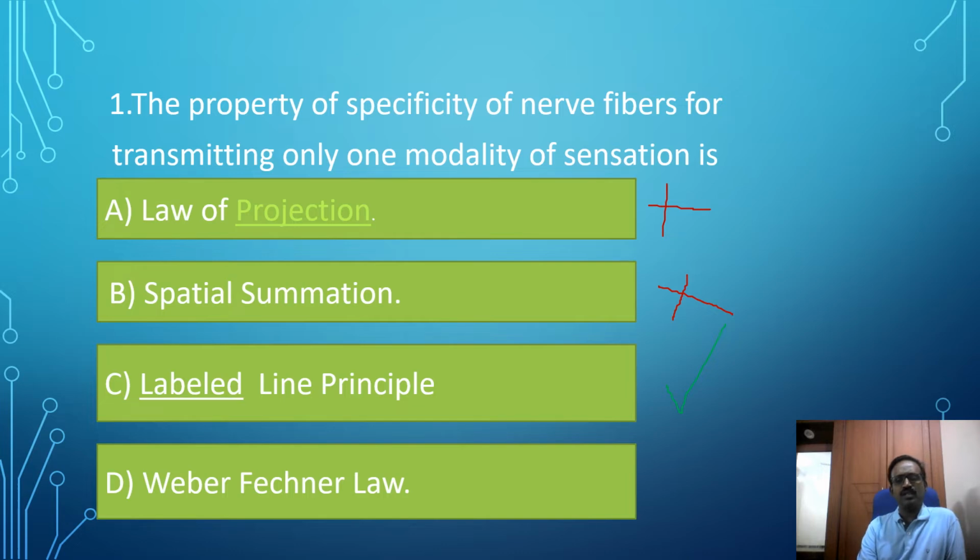What is Weber-Fechner's law? Weber-Fechner's law is that the magnitude of sensation is directly proportional to the intensity of the stimulus. So that is the wrong option. So you have to know how to omit the distractors. This will be helpful to attend the MCQs in the PG exam also. Okay, so you have to practice it now itself. You should not take the answer immediately, blindly. You have to omit the other options. Okay.